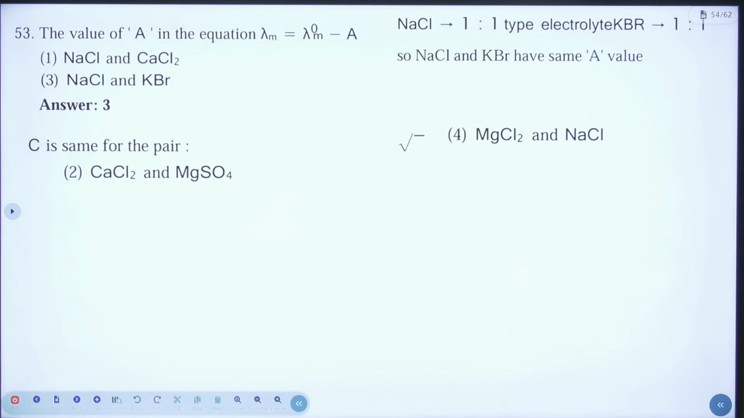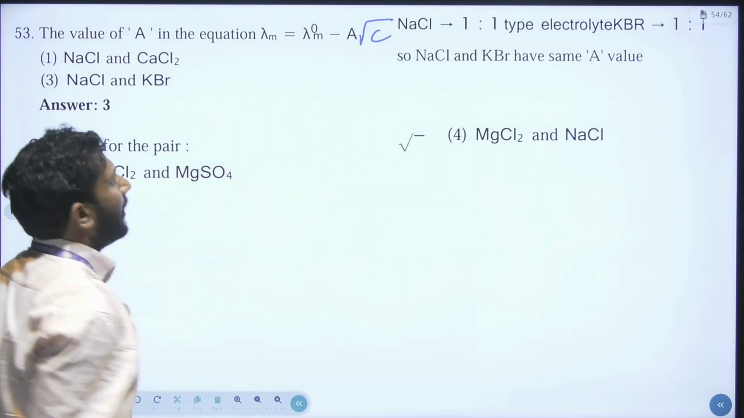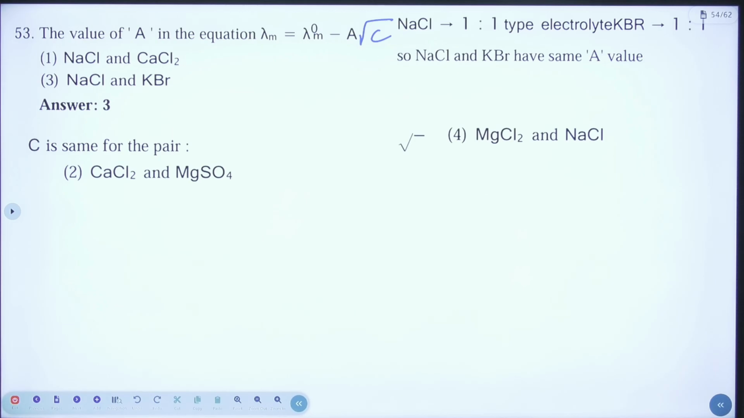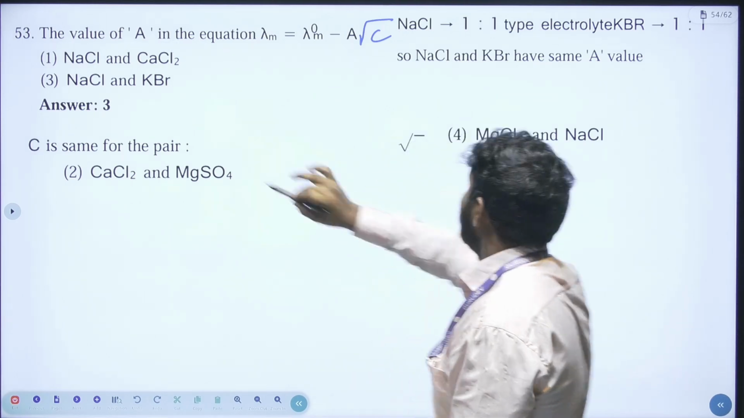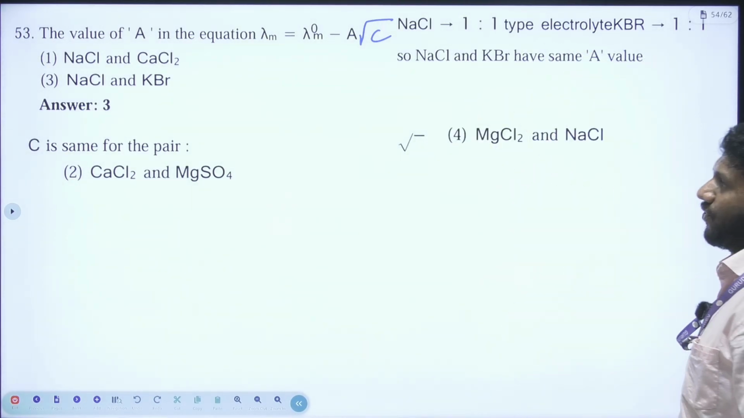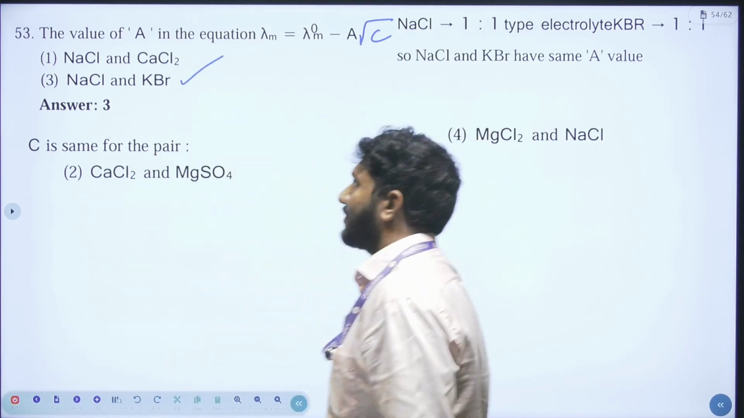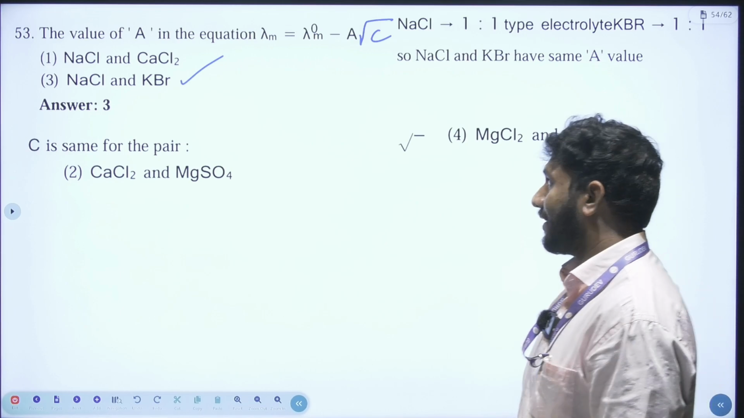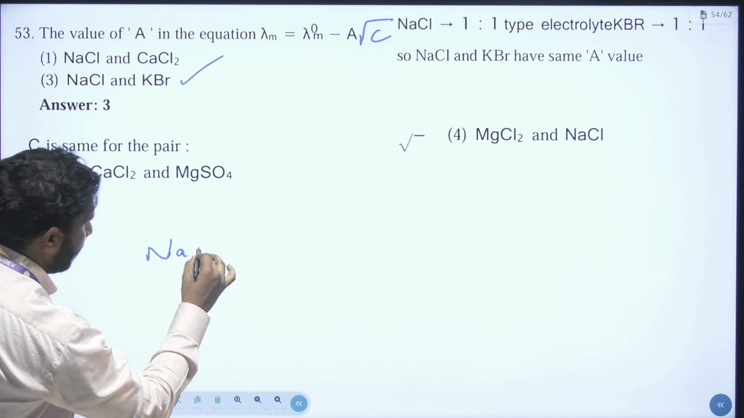Next one, the value of A in the equation lambda m is equal to lambda naught m minus A into square root of concentration. There is a slight error in the question here. The value of A is the same for the third option, NaCl and KBr, because NaCl and KBr will ionize into